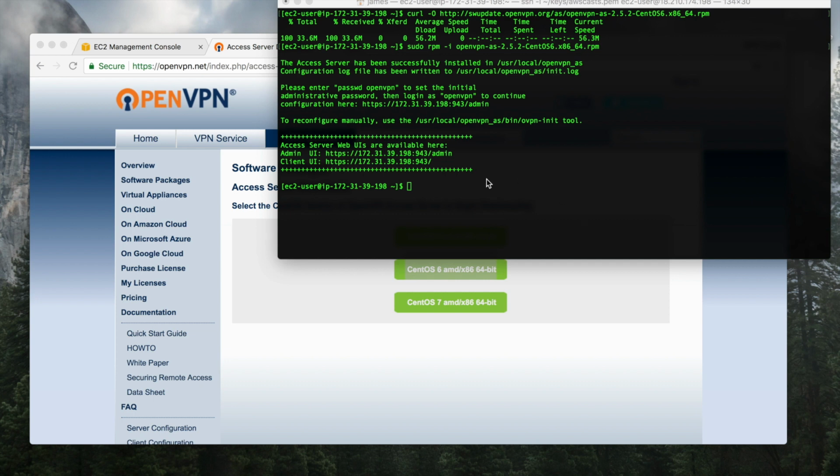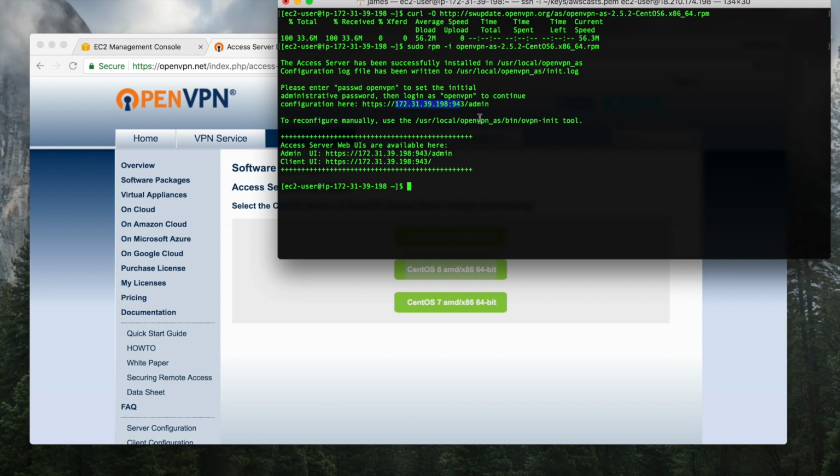Take initial note of this. This is almost the information that we need. And I say almost. Look at this. It tells me the IP address of the server is 172 blah blah blah, and it's right. That is the IP address, kind of. That's the private IP address, meaning from my browser I can't get there. So what I'm going to do